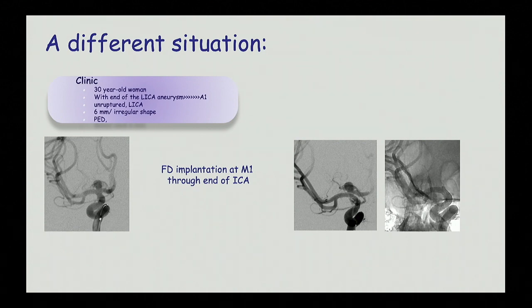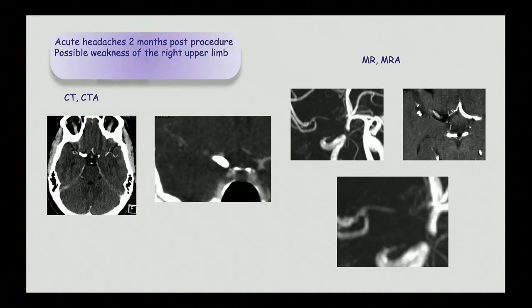But after 2 months, the patient went back with acute headaches, and she was very anxious. During the night there was a discussion about a possible weakness of the right upper limb. So she had the CT scan, and then she had an MR. Eventually, she didn't have any neurologic deficit, but you see, we can compare, and you see what was going on